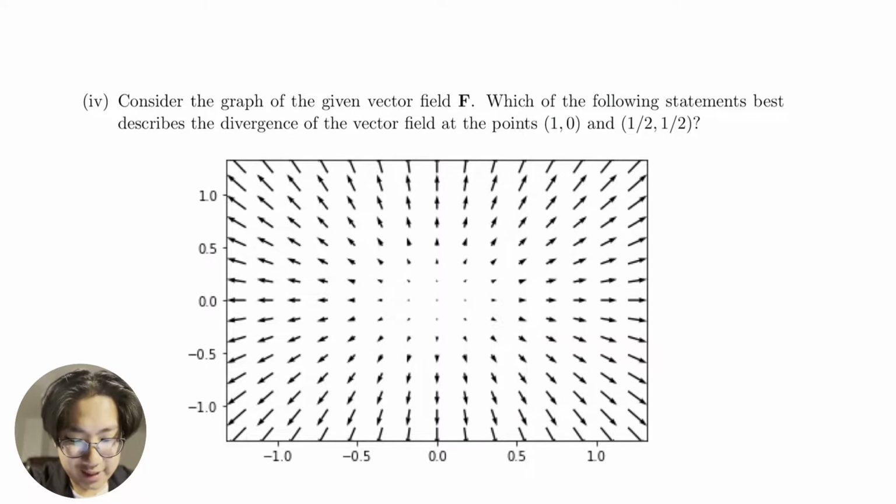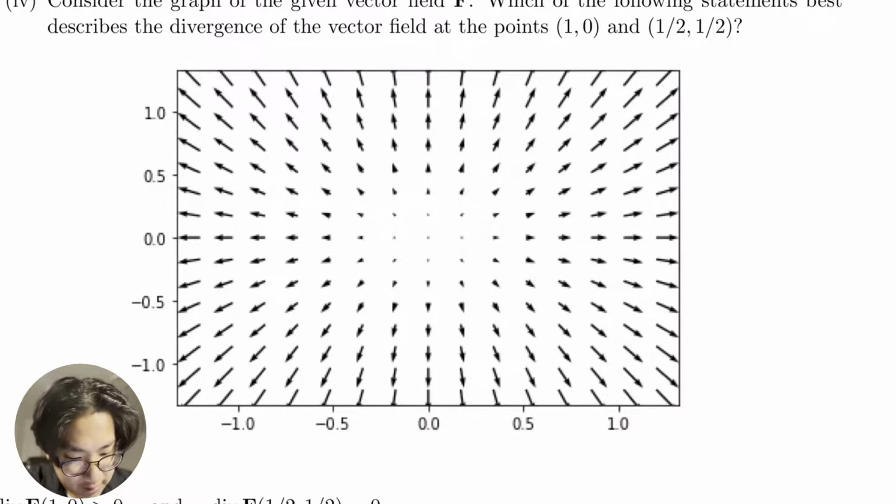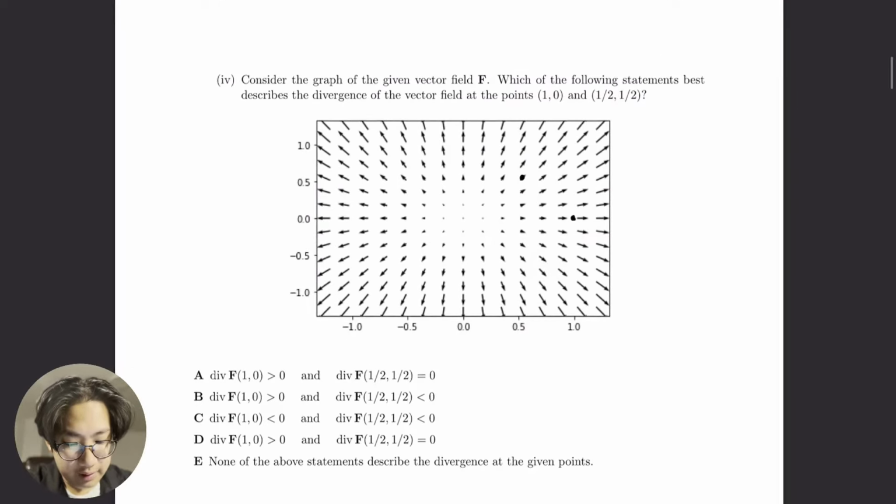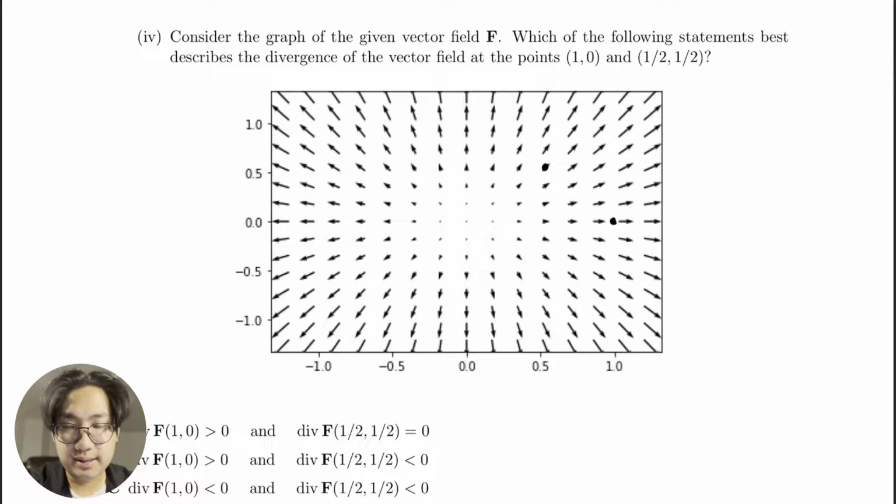Consider the graph of the given vector field f. Which of the following statements best describes the divergence of the vector field at (1, 0) and (1/2, 1/2)? So first, let's obviously plot those points. So (1, 0), roughly right over here. Then (1/2, 1/2), roughly over here. So before we even look at any of the options, I'll quickly explain a relatively intuitive way to think about